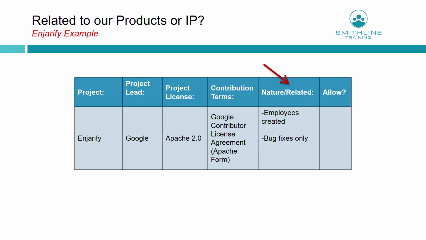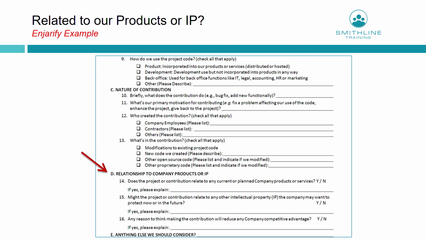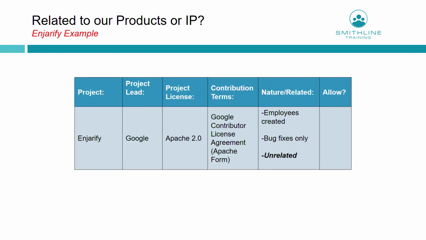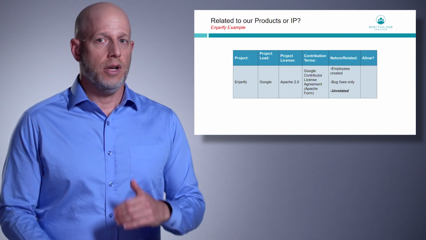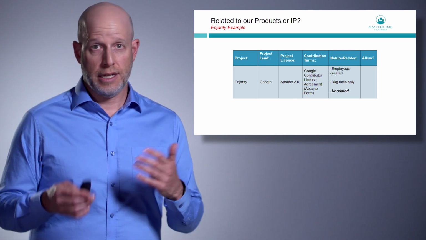But then we still need to ask the final and perhaps most important question, which is, does this contribution relate in any way to our own product or our own IP? And in this case, again, we look at the questionnaire and see what the engineers wrote under the section on relationship to company products or IP. And in this case, the engineers come back and tell us, look, what we're doing here for Enjarify, which is a tool for development in Android and Java environments, has nothing to do with the HR services we provide to our customers. They're really totally unrelated,